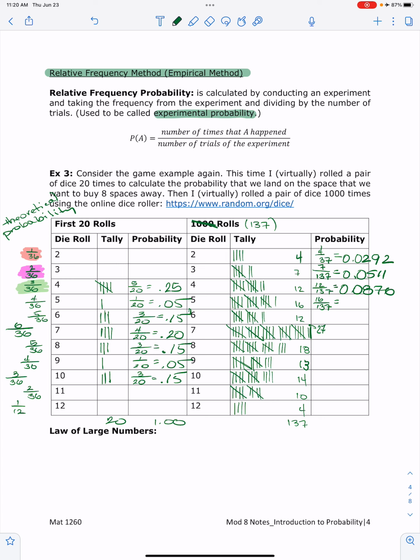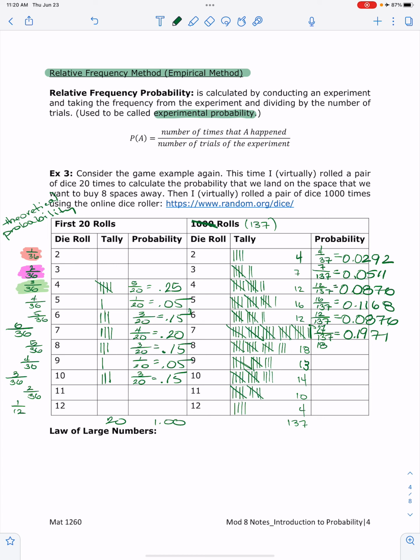Actually, what I'm going to do is go ahead and pause and fill in the rest of this table so that you can pause and copy down what you want. Just kidding, it won't let me write anything on here when I hit pause. So we're at 27 over 137,